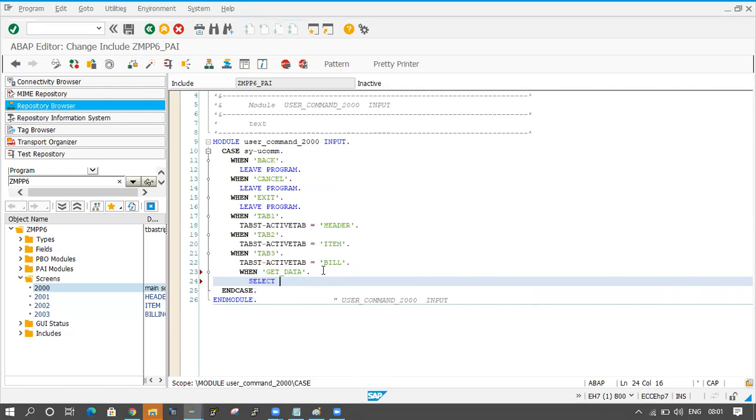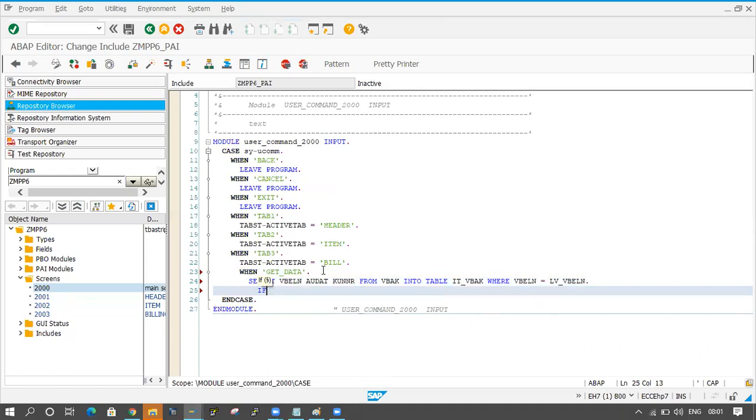Select VBELN, AUDAT from VBAK into table IT_VBAK where VBELN equal to LV_VBELN.